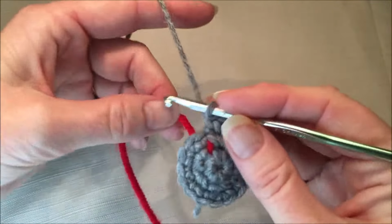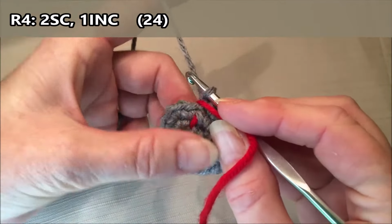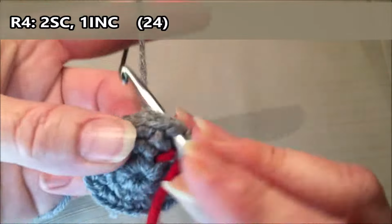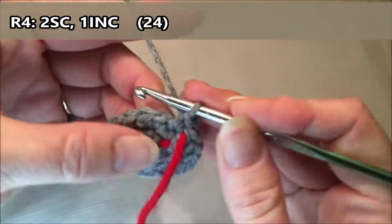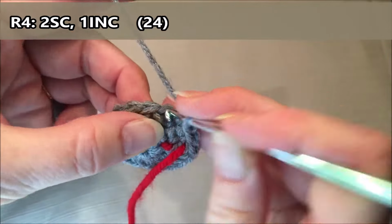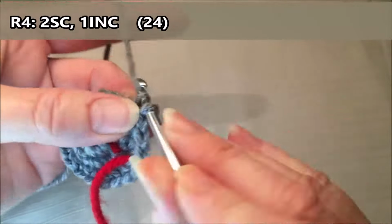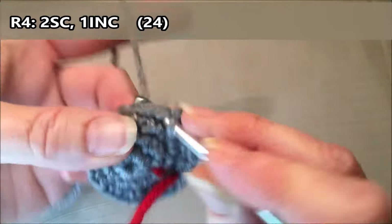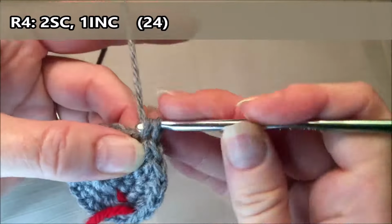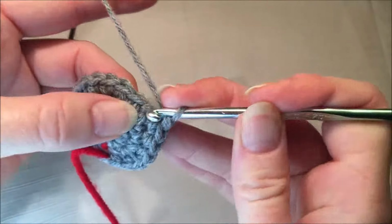Row 4, you're going to do 2 single crochets and then an increase, and repeat that all the way around for a total of 24. So 1, 2, increase, 3 and 4, 5, 6, increase, 7 and 8,